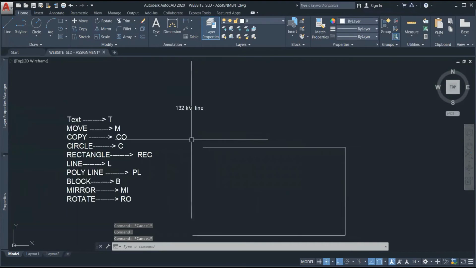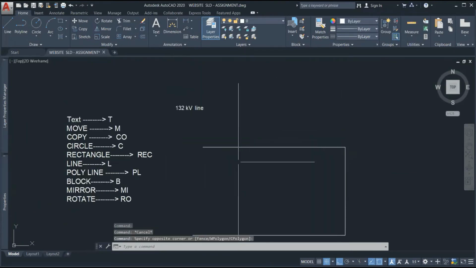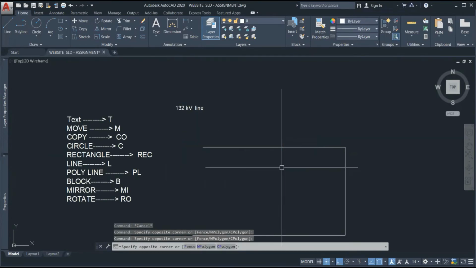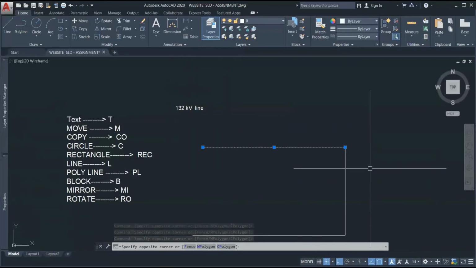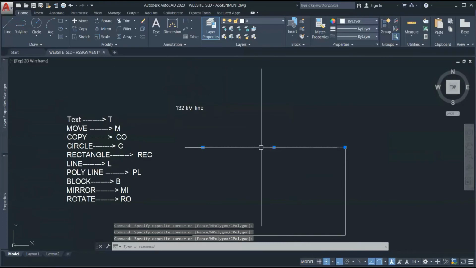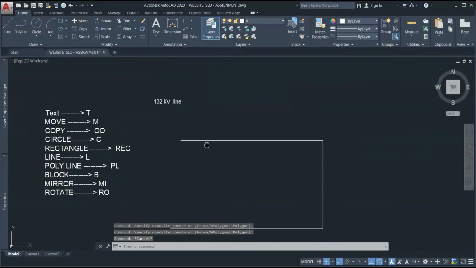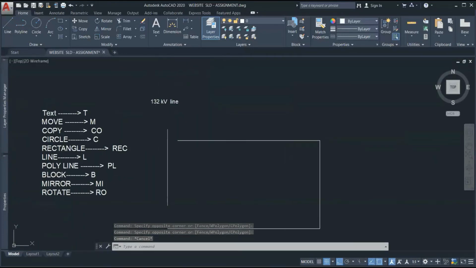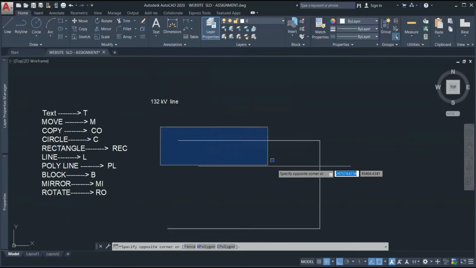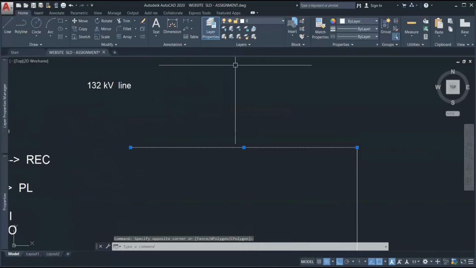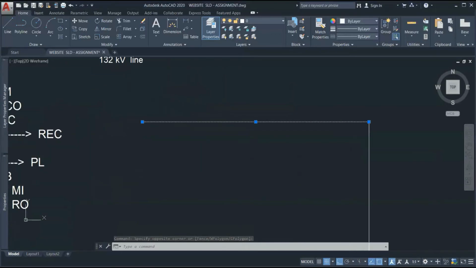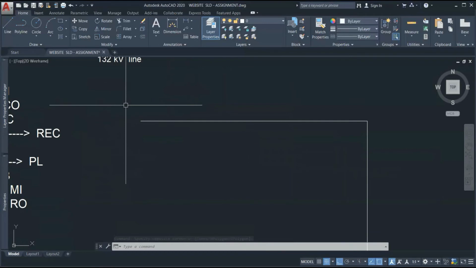So if I'm drawing from left to right, it is not selecting anything. See, it is not selecting. But if I select all the points from the blue area, in the blue area, it will select. So we'll see where we use this blue and green portion. If you are using the green portion, it will select everything if all